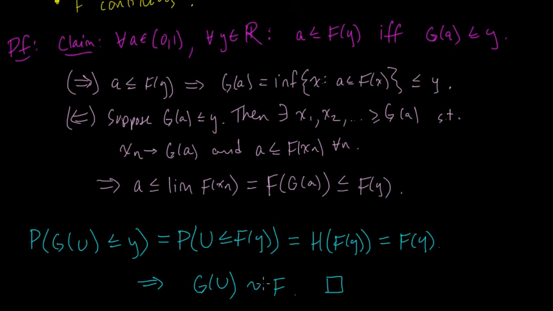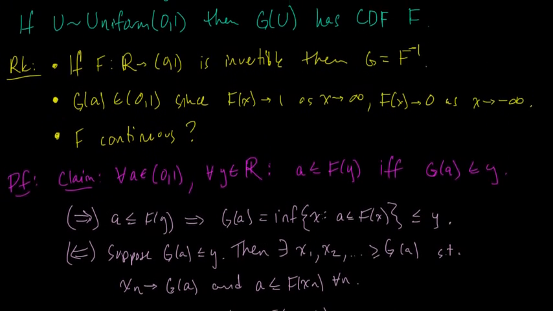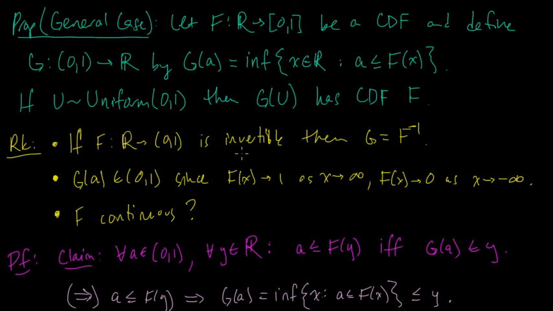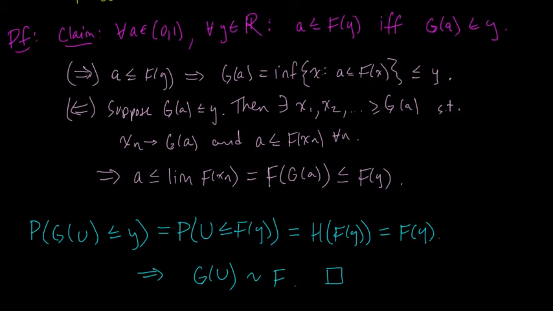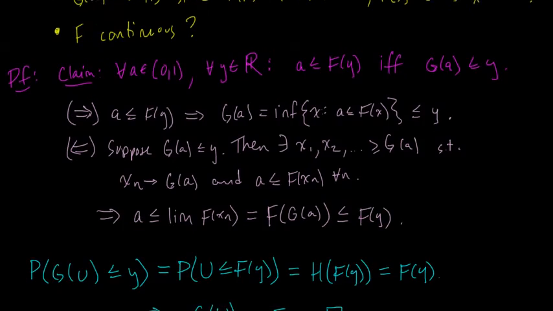I wanted to go through this in detail because, like I mentioned in the previous video, I've seen some proofs of this Smirnov transform, not in this generality, that were not actually completely correct, and also some statements of it that were not completely clear or correct. So I really wanted to go through this in detail and do a thorough proof. All right, so that's the general form of the